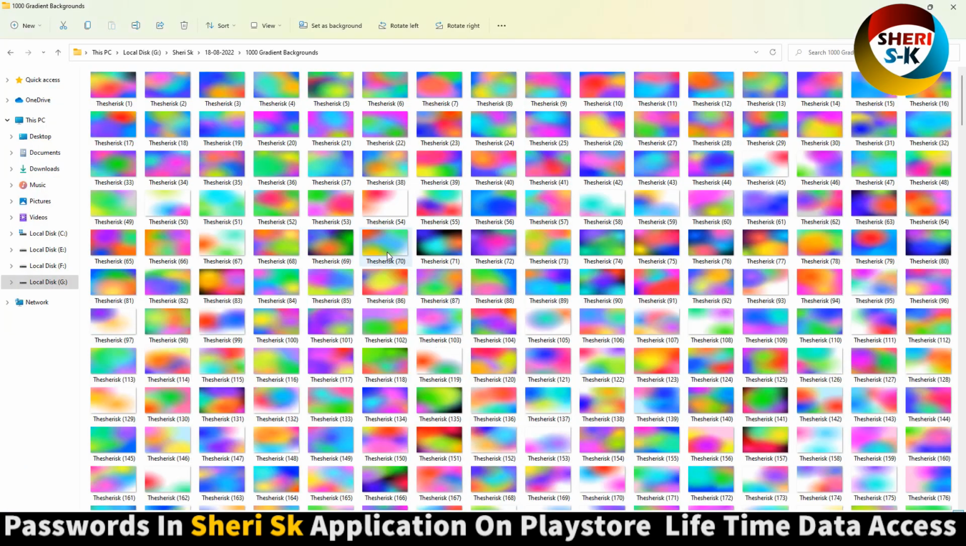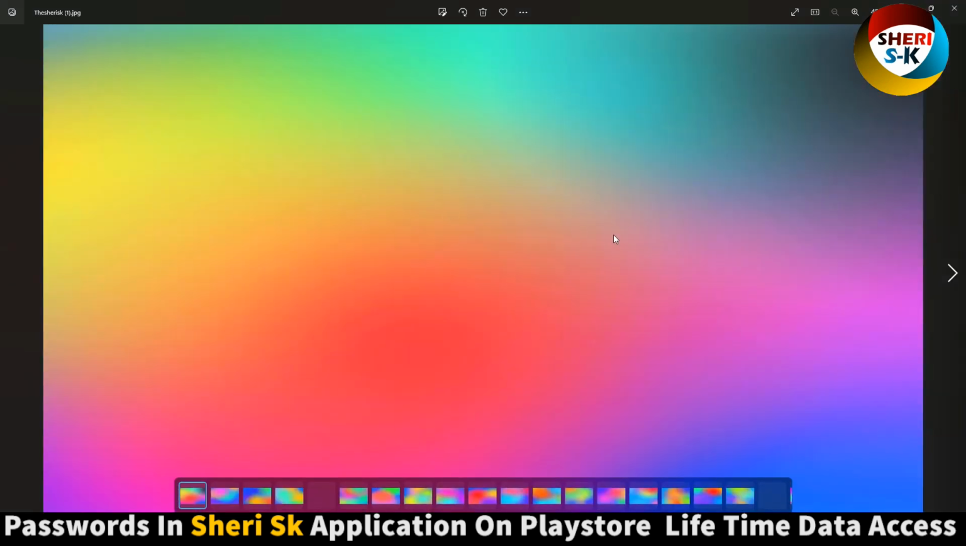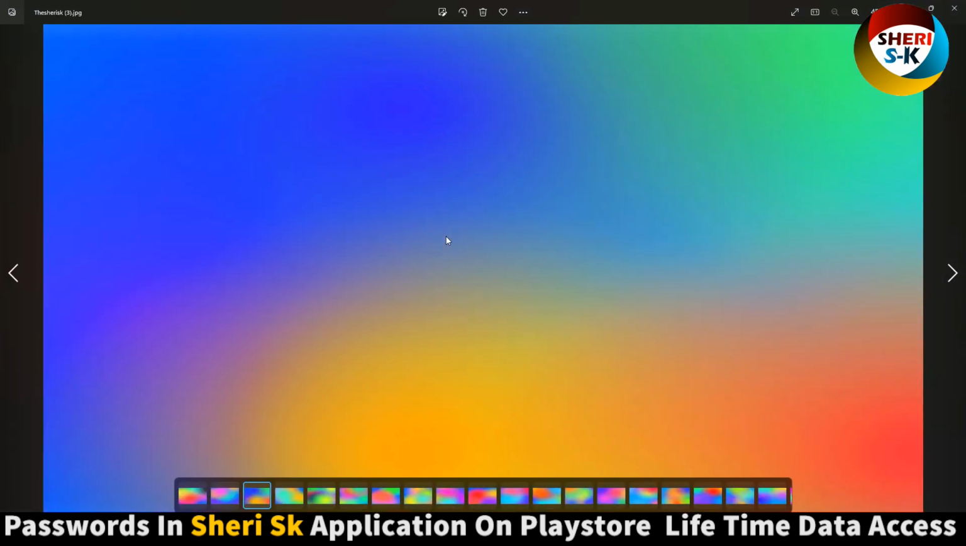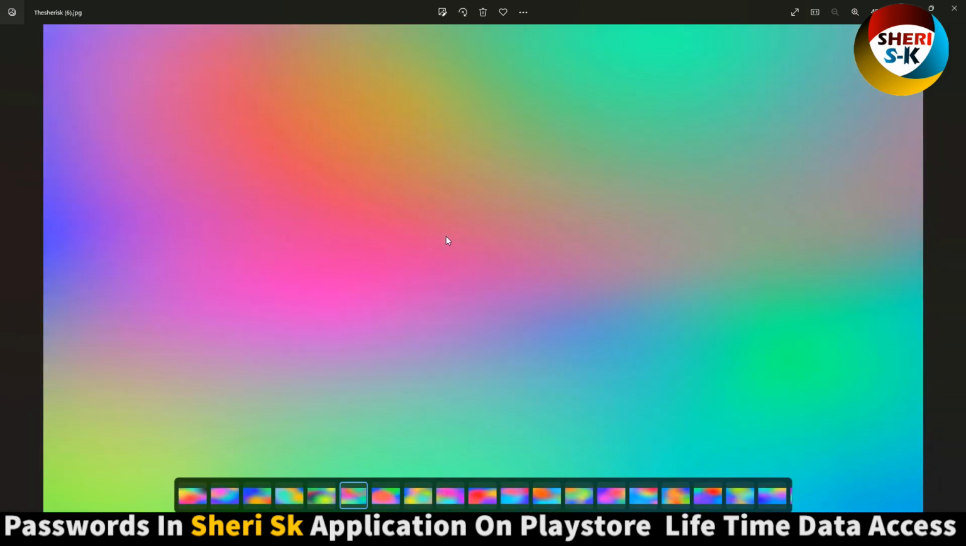Okay, so here is, you can use simply as a background or you can use as a gradients overlay. For example,